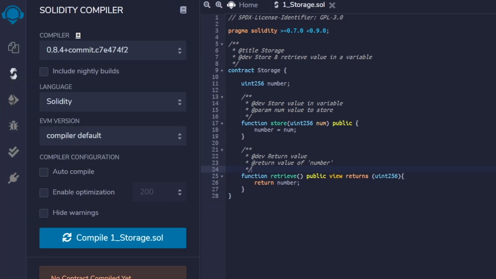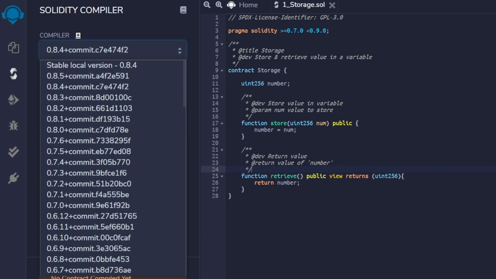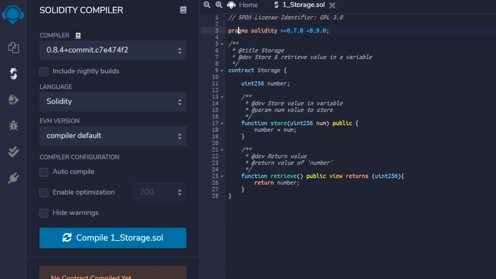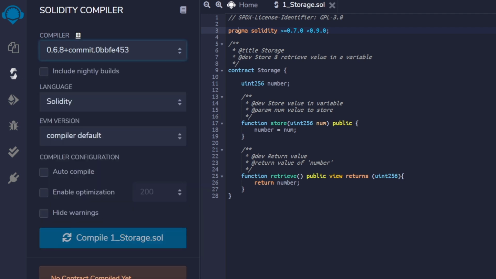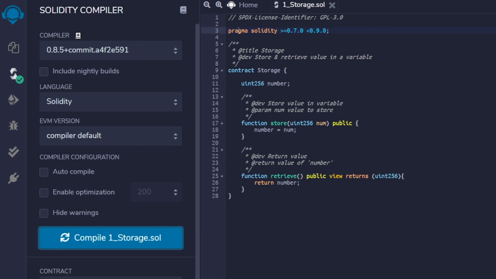Let's see how you would compile this. In the icon panel, the second icon brings you to the Solidity compiler. In the compiler dropdown, you can choose the compiler version. We know from the pragma definition that it needs to be above 7, but let's start by checking out what happens if it's not. In this case, the compiler itself changes the version to suit our smart contract, but what happens in case it can't? For this, we are going to change our pragma to an inaccessible Solidity version.